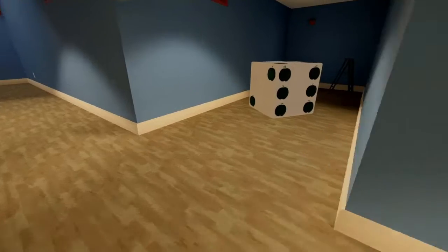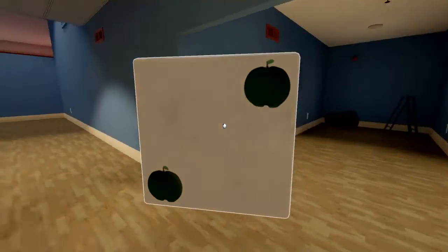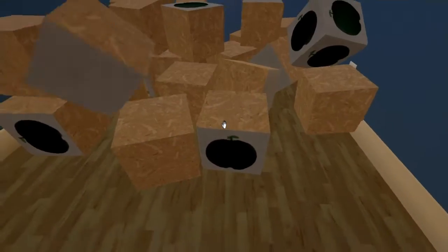There is a die on the right here. When you pick this die up, there's nothing else in here. When you pick this die up, it's going to fall apart into a bunch of little squares. What you're going to need to do is take one of these squares with you